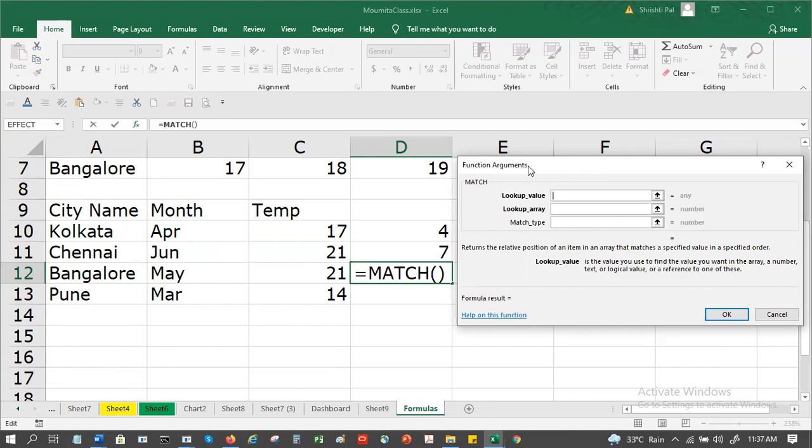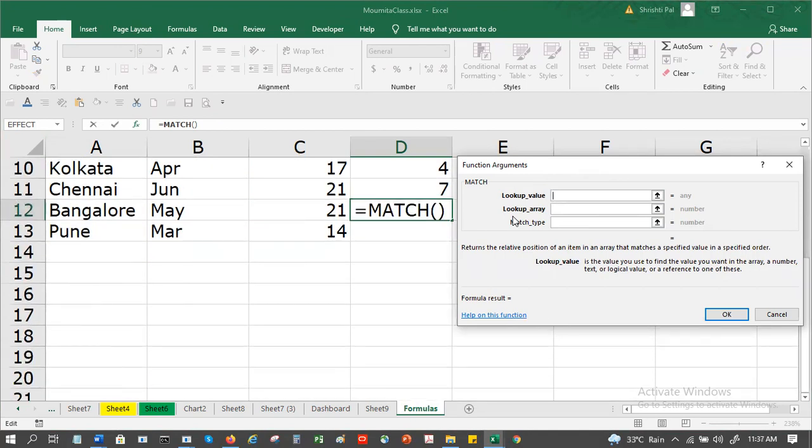Now let me show you another important feature of Excel. At any point of time, suppose you are stuck with this formula. It's not coming to your mind, what did I do in class, and you have missed it. You can click on help on the function. Do you want help on this function?